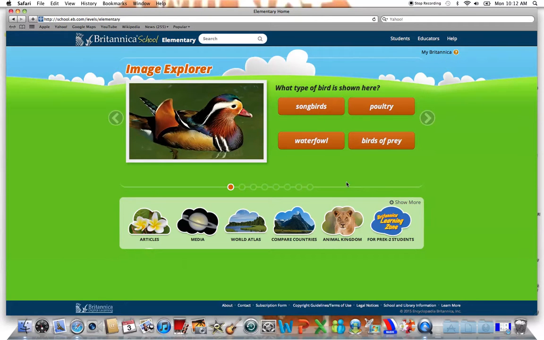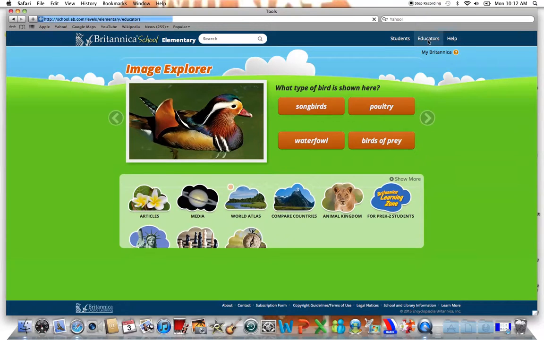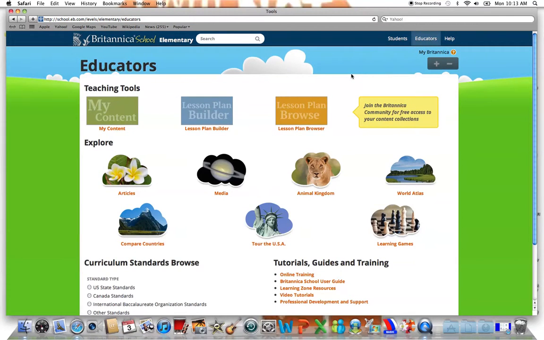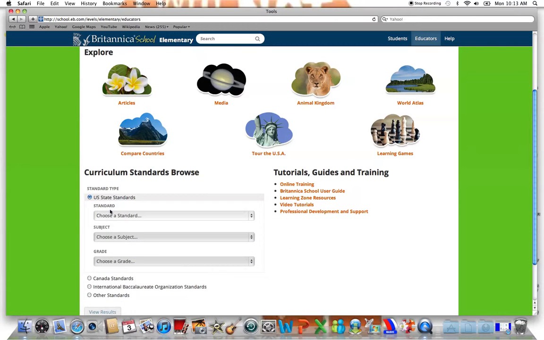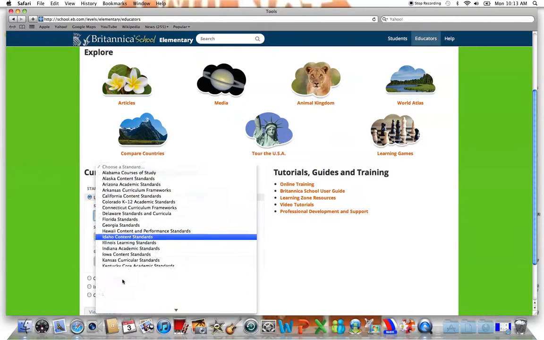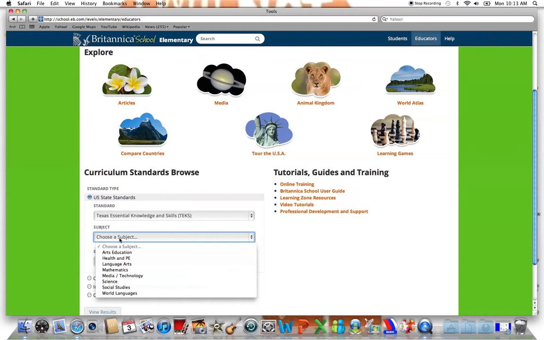All right, the last thing that I will point you to is up in the right-hand corner, the Educators tab. For educators, they have created some really cool content. The biggest thing that I will point you to is down at the bottom left-hand corner of your screen. We can use Britannica Online in correlation with state standards. By choosing a state standard, I'll go ahead and choose, of course, Texas Essential Knowledge and Skills. We'll choose Science,